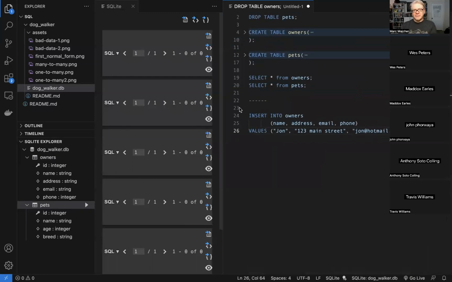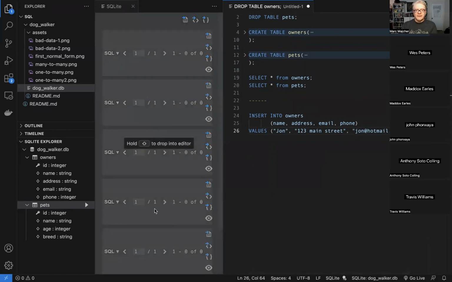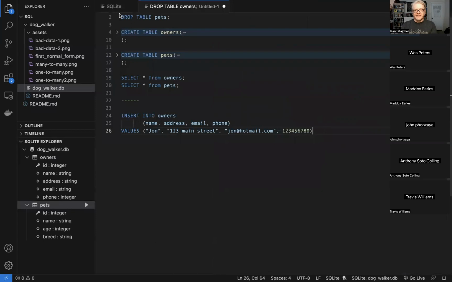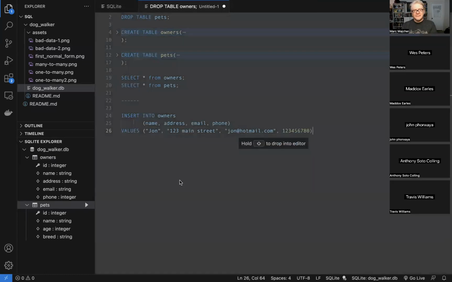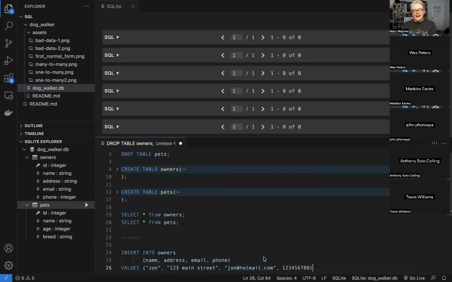I wonder if it makes more sense to put it down here. Can I do that? I bet I can. Put it down here. Nope. All right, that's fine too. I'd like to make this down here. Nope. Make it down here. Nope. Left. I want down underneath. There we go. That's what I want.